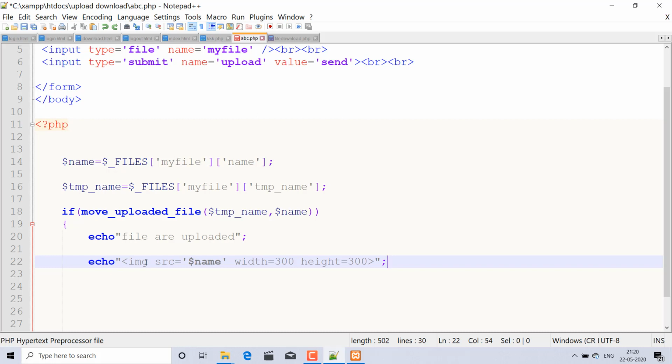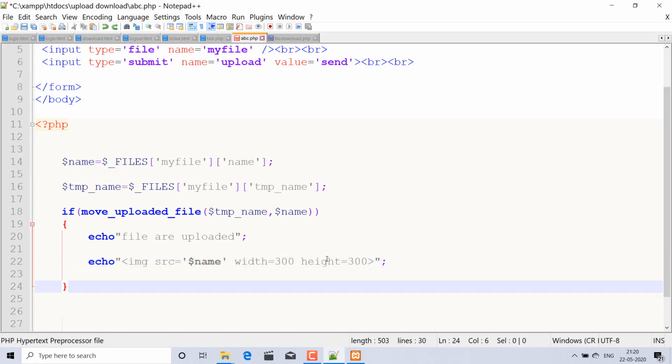If you want to display a PDF file, it will not display, because here I am pasting the image source inside the echo, because I am running the HTML script inside the PHP script. Okay, and this is the name variable, and it is a local variable. Inside the local variable, global properties are inserted. The width of that image is this, and the height of the image is this.